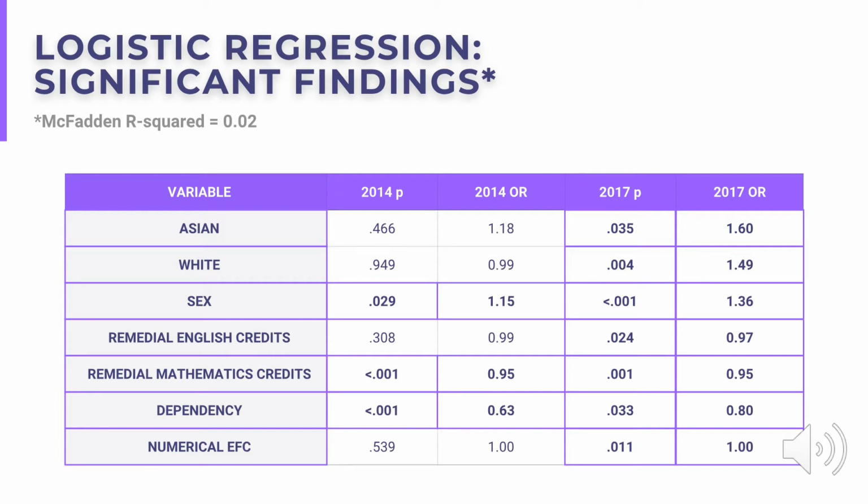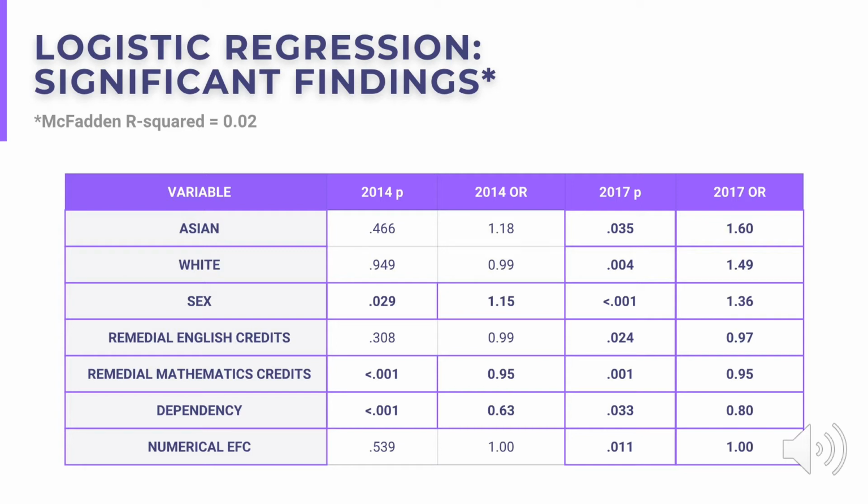Overall, it's not surprising to see females retained at a higher rate than males, but the increase in odds for the 2017 cohort points to the possibility that the advising hold requirement had a larger impact on male students' chances of being retained, and conversely that women are more likely to follow through with the advisor meeting to get their hold removed. For both cohorts, students taking remedial mathematics had 5% decreased chance of being retained for every 1 remedial